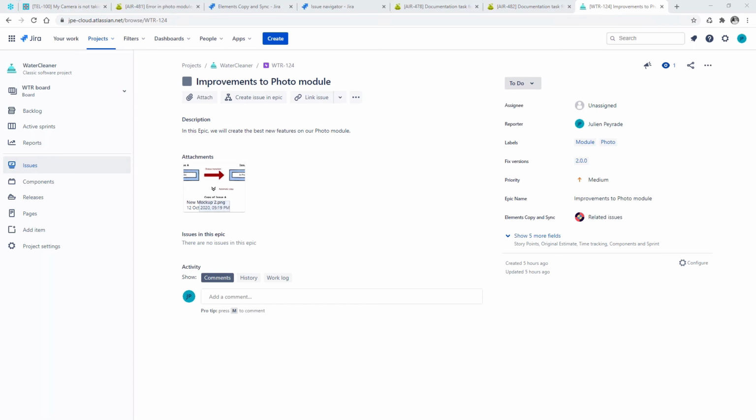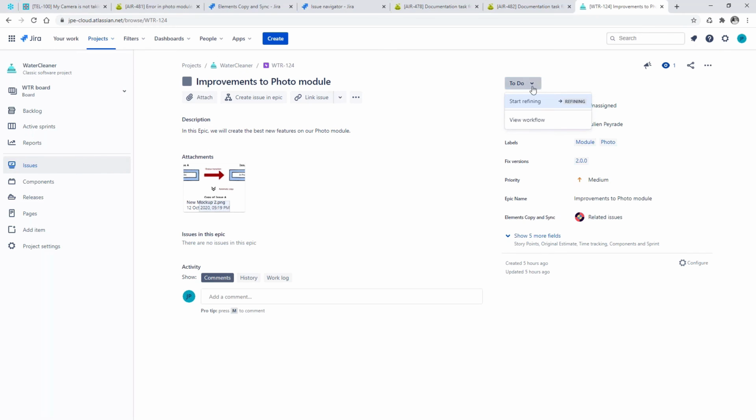Here, I have created an epic with labels, a fixed version, and an important graphic. I have also configured a recipe which copies this information from an epic and creates an epic link between the epic and the created issue. As you can see here, there are currently no issues in this epic. To create these issues in the epic, what we want to do is to create the issue automatically when I use a workflow transition.